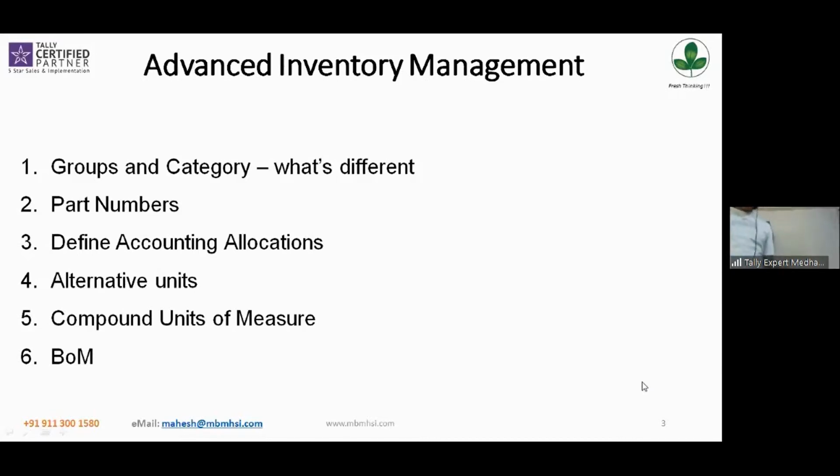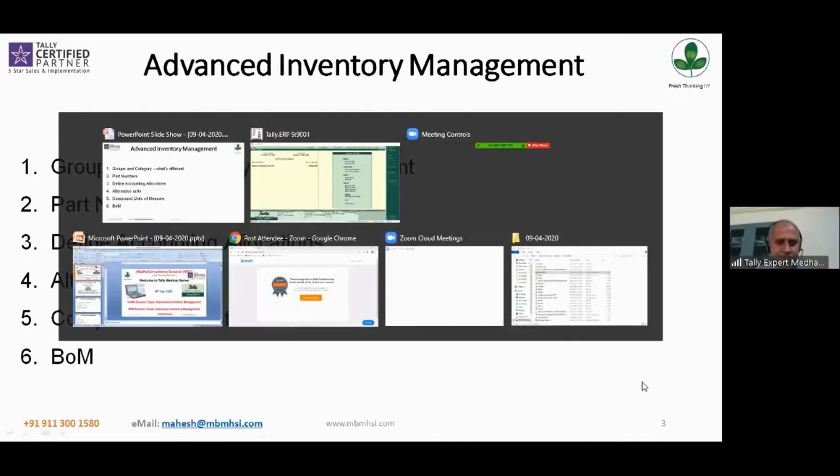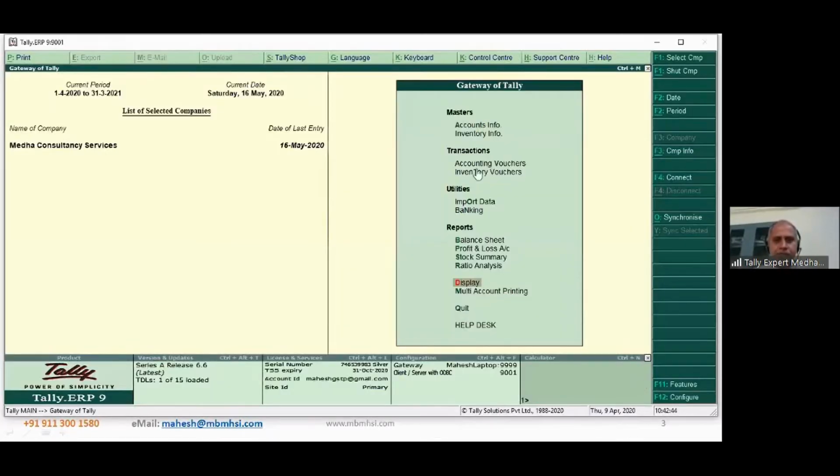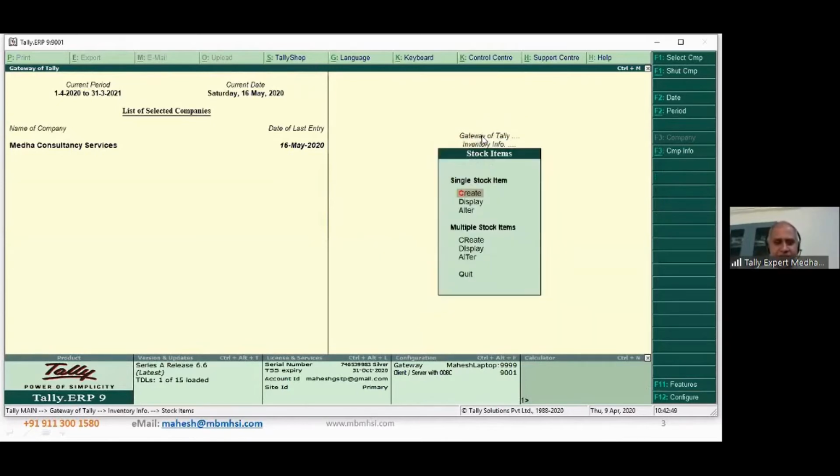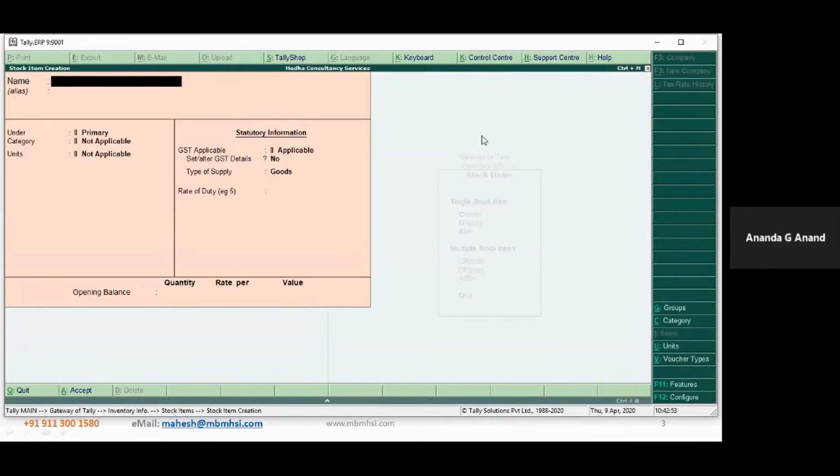Okay, so let me go to the system and show you how to use this part number. Then you will get an insight of how to do this. Let me go to Tally. If I want to use part numbers, let me take the same example I mentioned, ball bearings. Now there is only a name, there are no part numbers here.